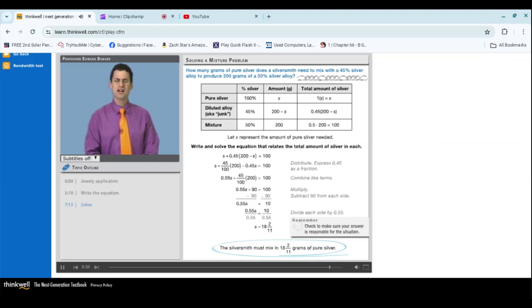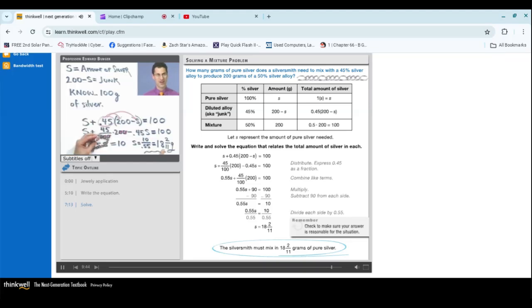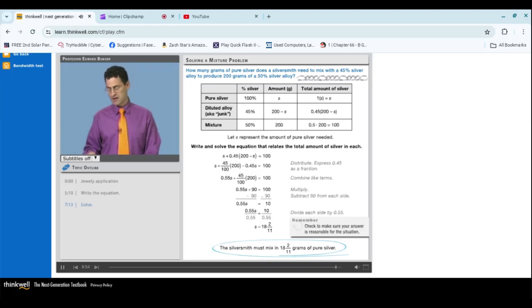It's good to think about and see if you can reason through and make sure the answer is sensible. For example, if we got an answer of 300 grams, that would be a very, very bad answer. See why? Because the total is supposed to be 200. How can I put in 300 of pure silver? It just doesn't make sense. So always think about whether the answer at least makes sense. This makes sense, and hopefully it's also correct. So you can make your cheapo dog collar, give it to your special friend, that person can wear it, wherever they wear these things, and like